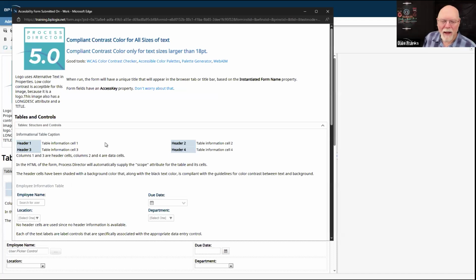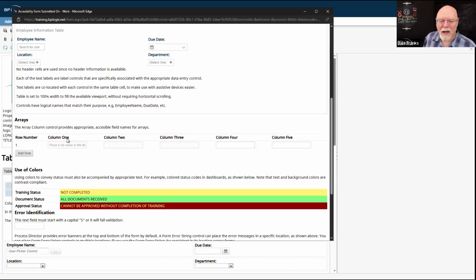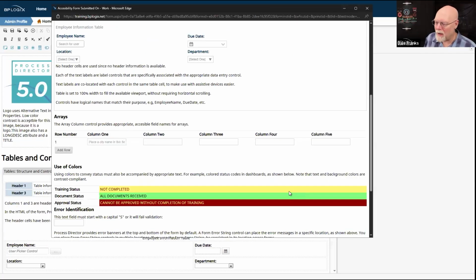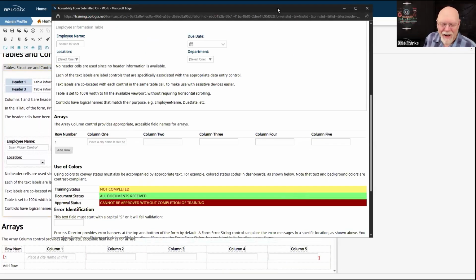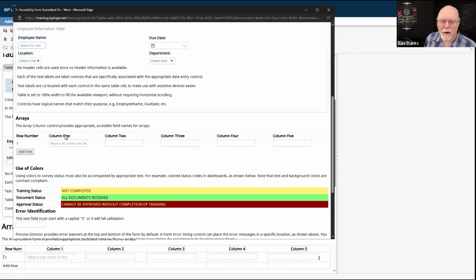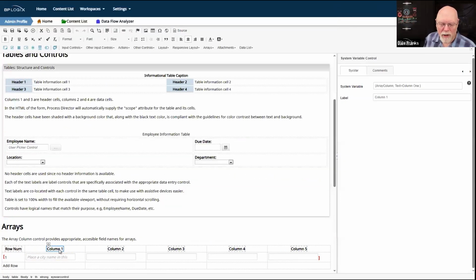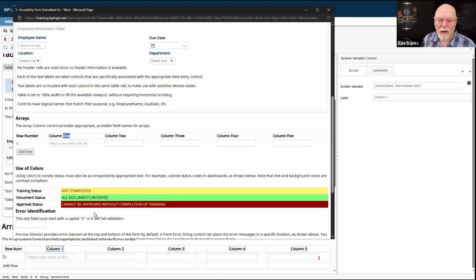And let's look down here and we can compare and contrast, as I used to say whenever I was a college professor. We can compare and contrast the text up here, which is column 1, with the actual display text here that I've put into the control, which I did intentionally so that you could see the difference between the placeholder label that appears here and what actually appears in the form whenever the form runs.